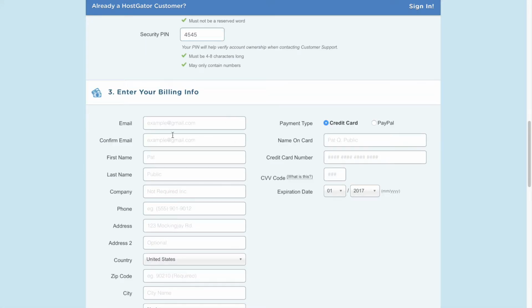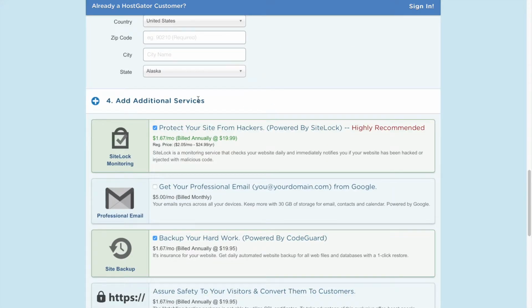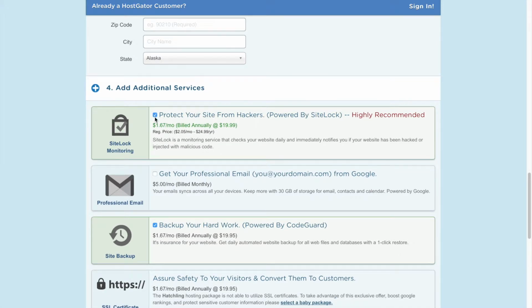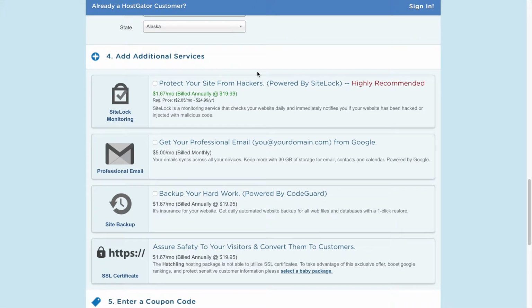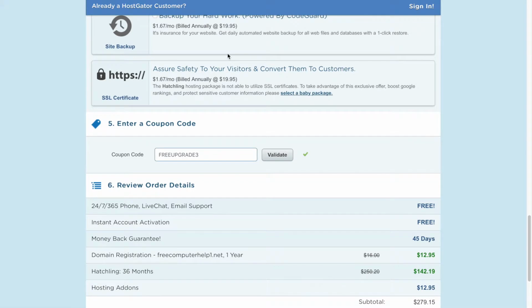And then right here, pretty self-explanatory. Just enter your billing information. And this right here, I wanted to show you. This is a total waste of money. Don't do any of this stuff. Do not do that, and do not do that. You do not need any of this right here. We're going to do all this on WordPress for free. You don't need any of this stuff. It is total garbage. And it works, but there's no need for it because we're going to do it for